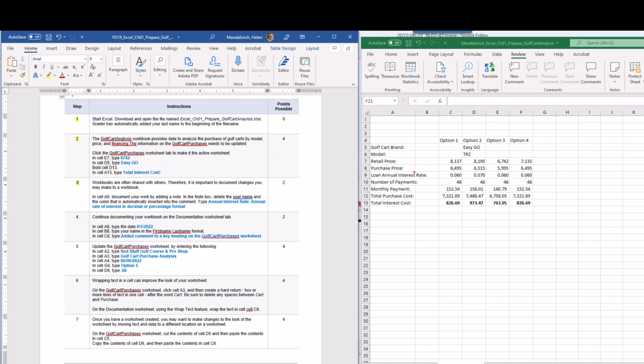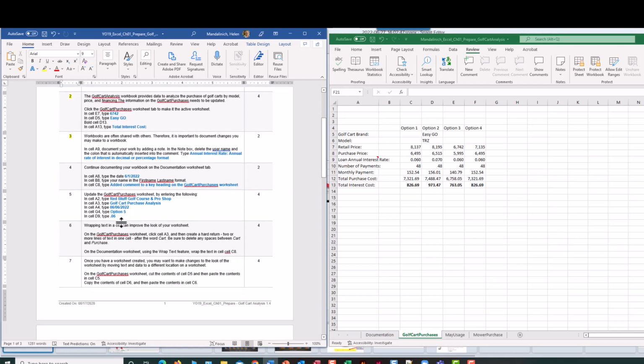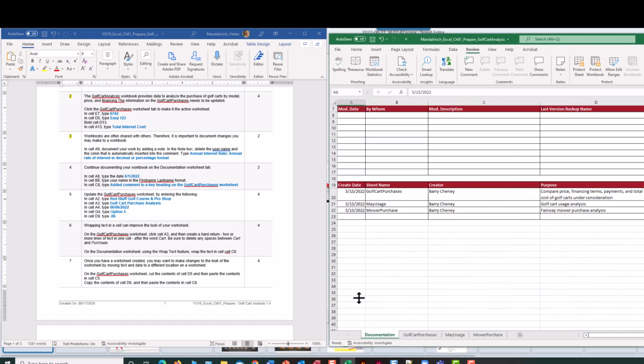I actually use the technique here of having a sheet that's a documentation sheet, but we're going to do that right now. So step 4 is to continue documenting your workbook on the documentation worksheet tab. So I'm going to click on that. It's going to take me to this